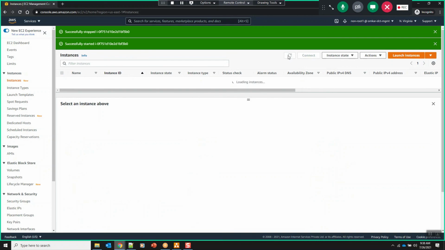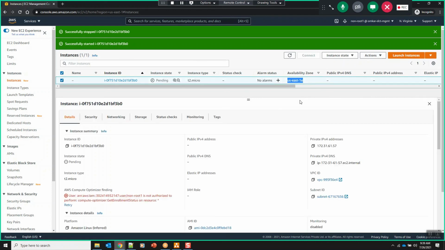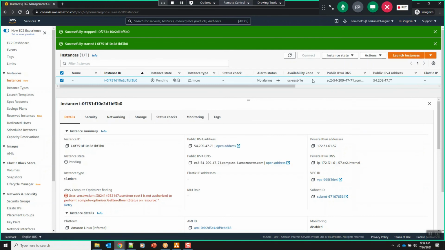This time our instance is created in which availability zone? US East 1E. I told you US East 1 is our region. Under that region we may have multiple availability zones, and our EC2 instance will be created in one of them.